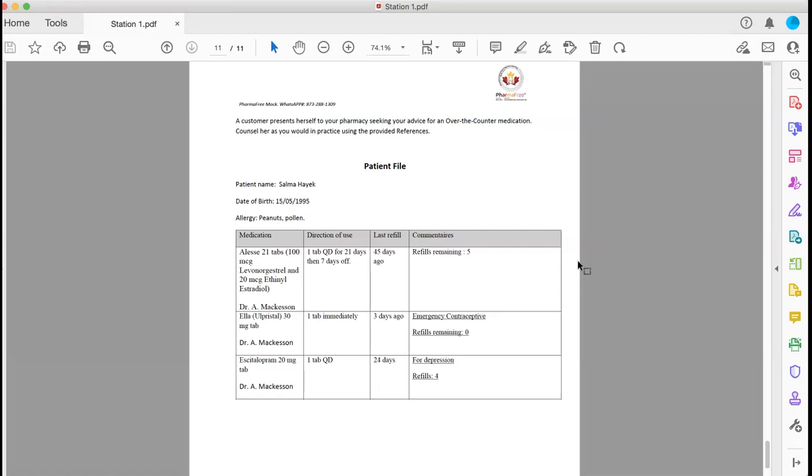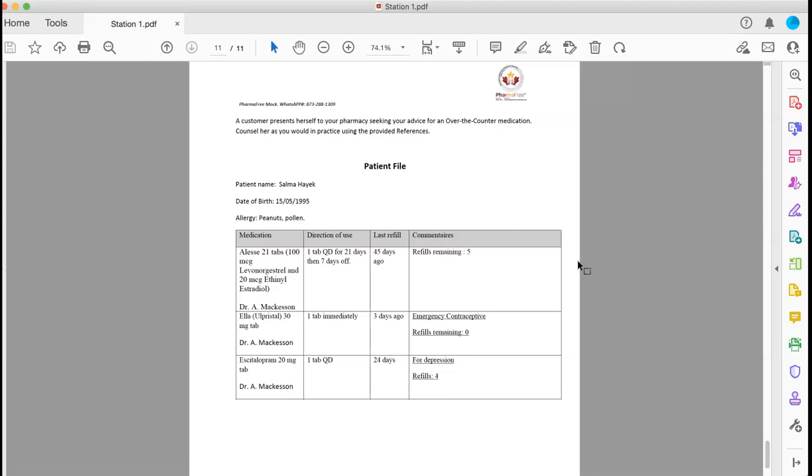One of my friends told me that Ella is protective for 5 days. Correct? Exactly. It's protected for 5 days. But do I still have to take Plan B? No, you cannot take Plan B. If you get Plan B now, you will not get any benefit from it, because the action of Plan B will counteract with the action of Ella that you already took.